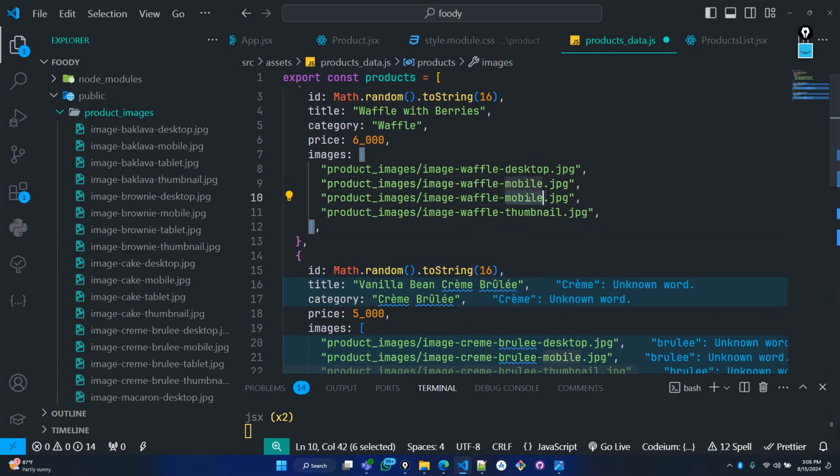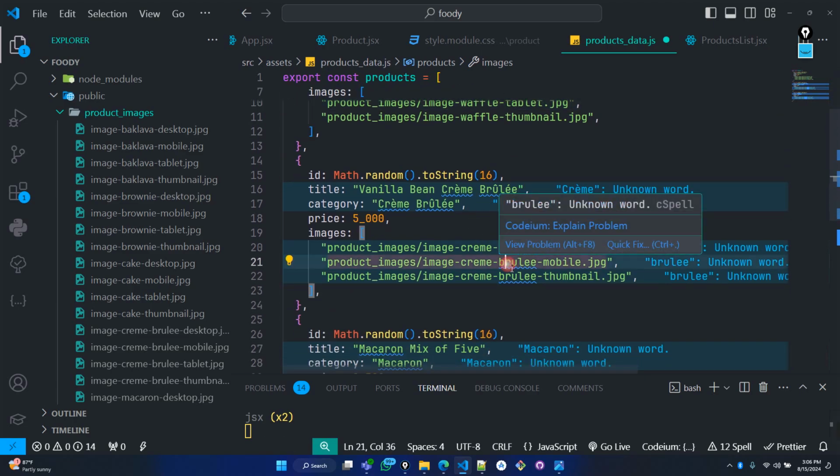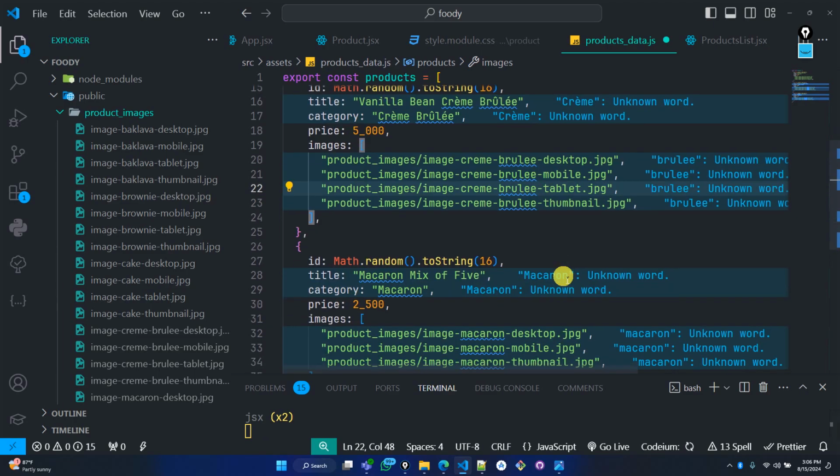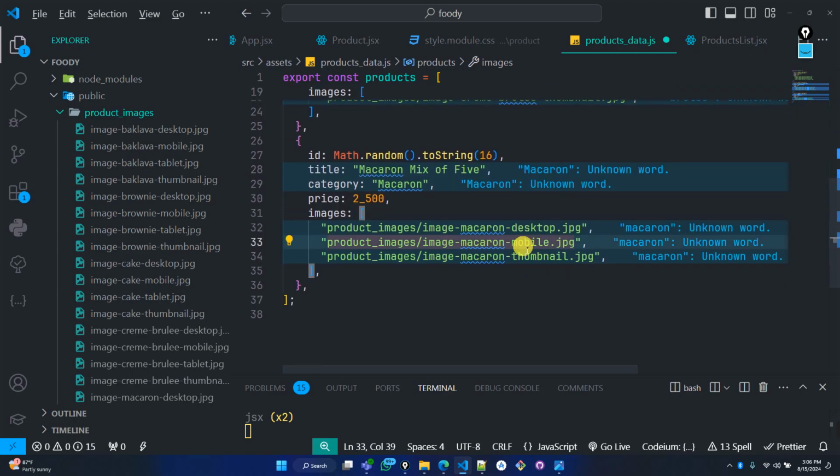So now let me just update it. So we have a tablet. For this one, to just duplicate it, the names are the same. The part that is just different is that ending part. So this is a tablet. And for the third one too, we need to have